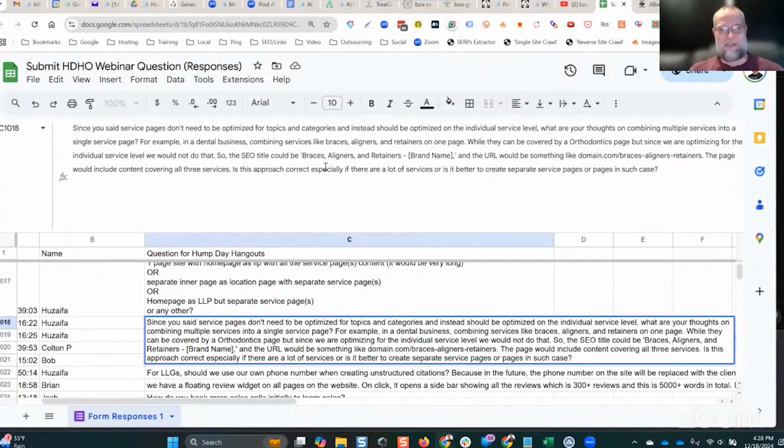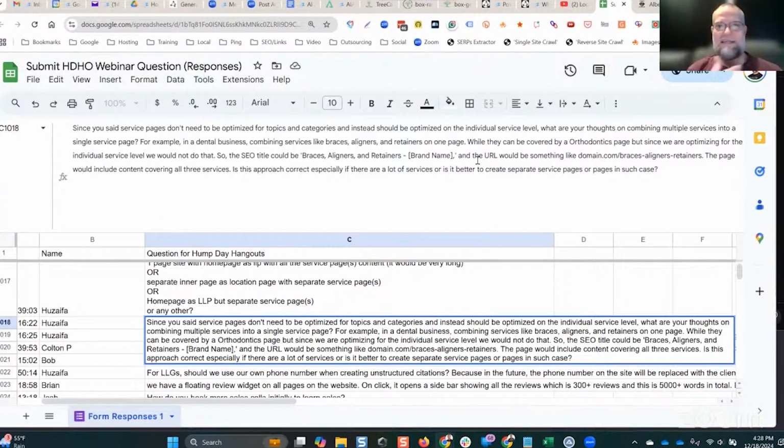Then I will make the decision if I was to be building the site, which I'm not. I don't build sites unless they're tree service sites. You know what I mean? But if I were to build the site, then I would make the decision based upon the specific needs of that client or that business, how I would actually build it out. I would always start, though, with doing the minimum amount of work required. So optimizing at the top level categories and topics, build the whole site that way first and see how it performs, right?